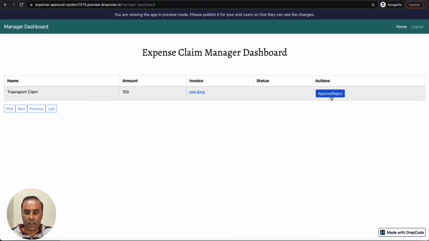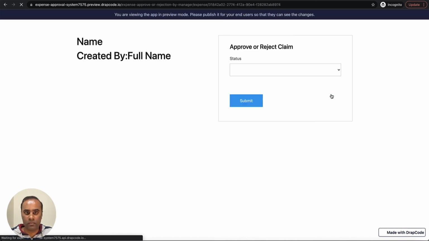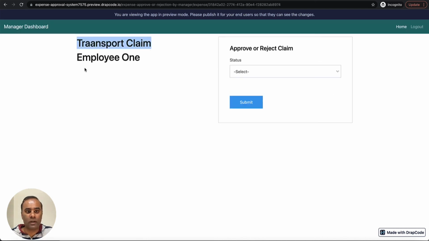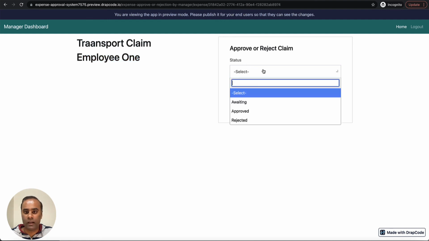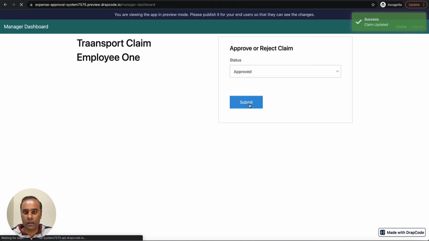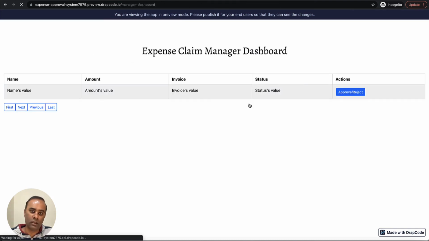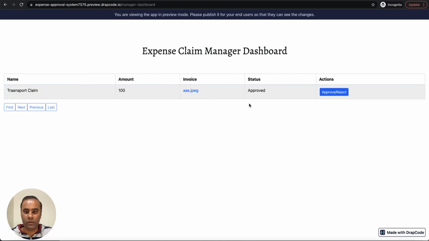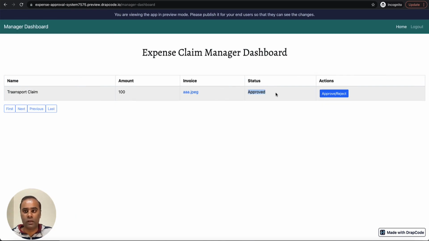So the manager can approve or reject this claim. Let's click the approve or reject button. Now it is showing me transport claim by employee 1, and I can approve or reject. I'll say approve, and submit. Now that is done, it has taken me to the manager dashboard, and the status is now approved. Now if I log in as an employee, I will be able to see whether this claim has been approved or rejected.